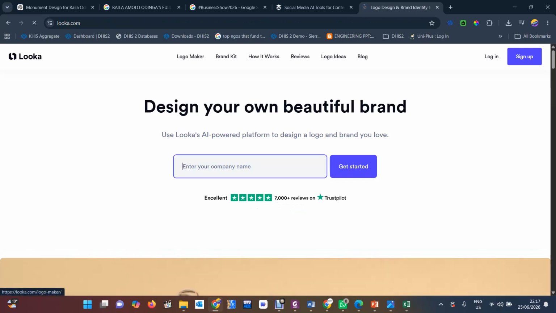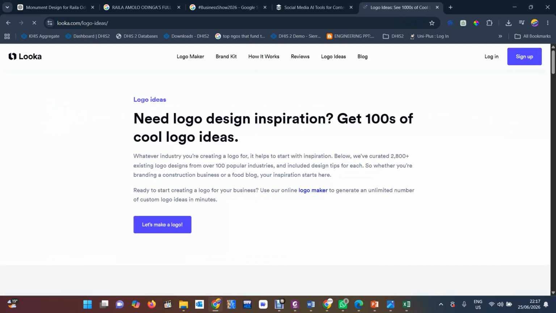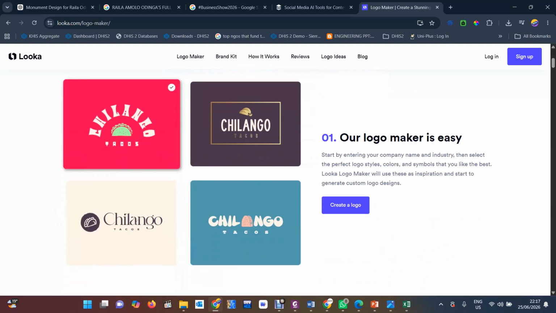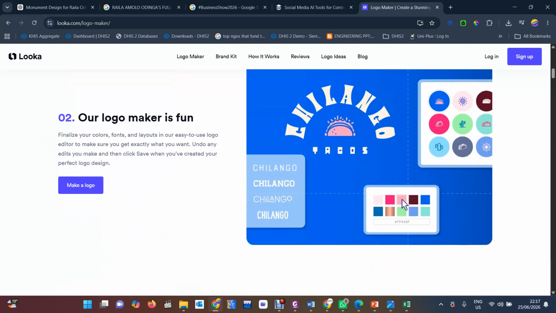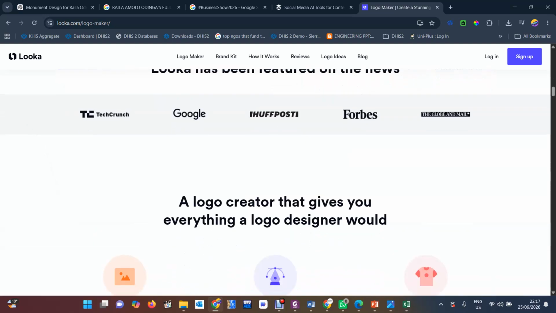So you can see here logo ideas or logo makers. You can see that if we go there, let's make a logo. For example, it wants us to look, you see that? So it is there. So you can design what you want.